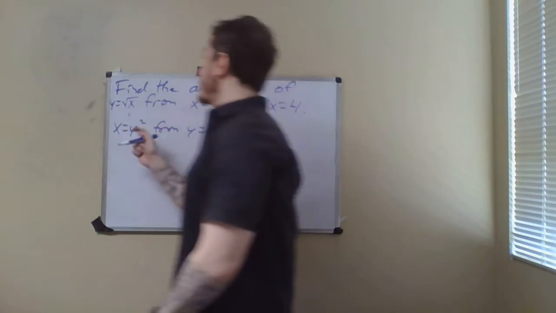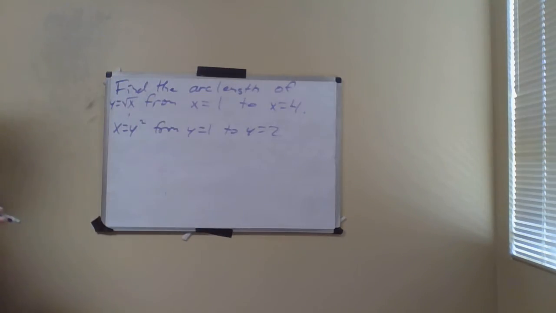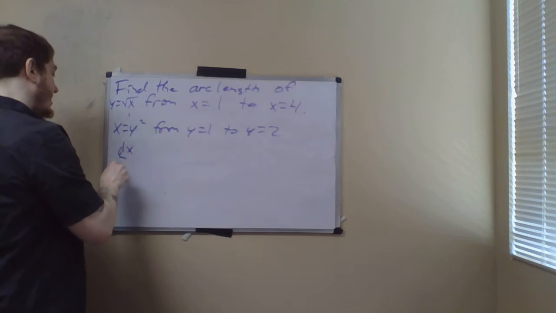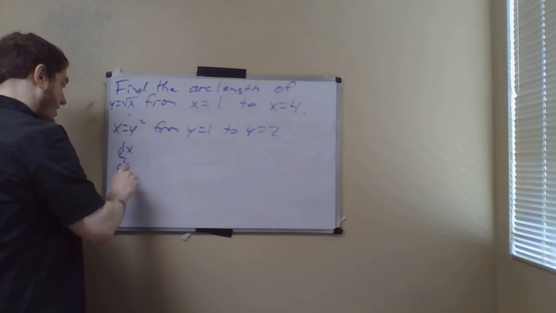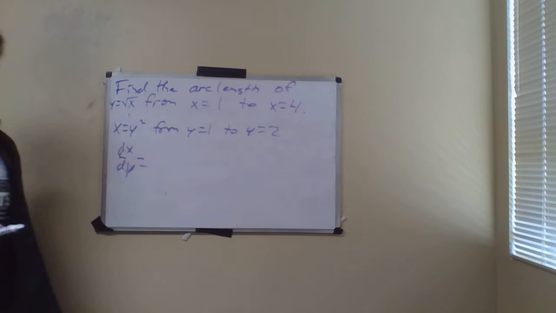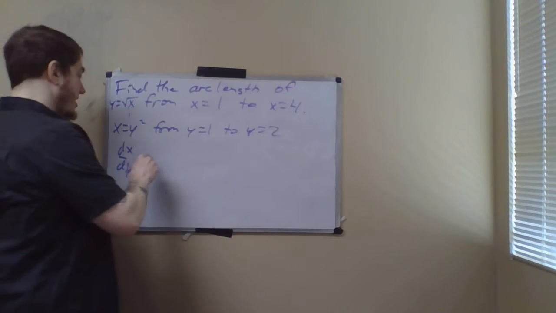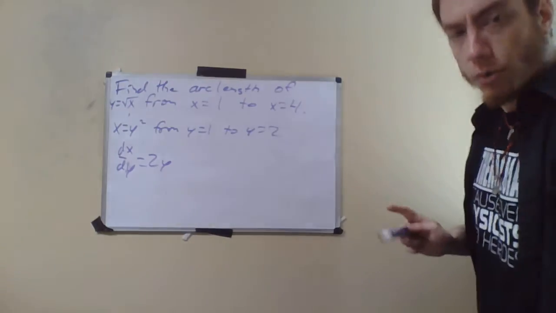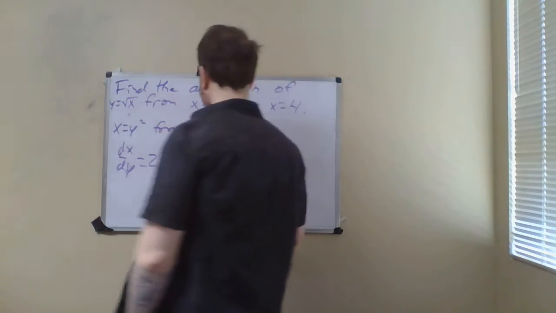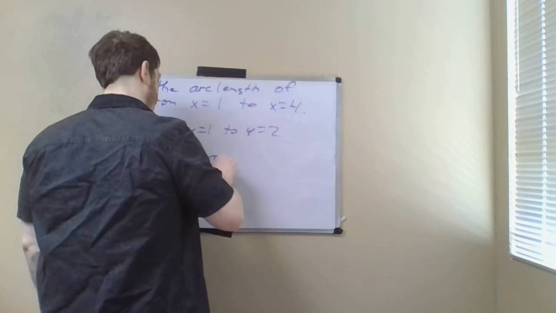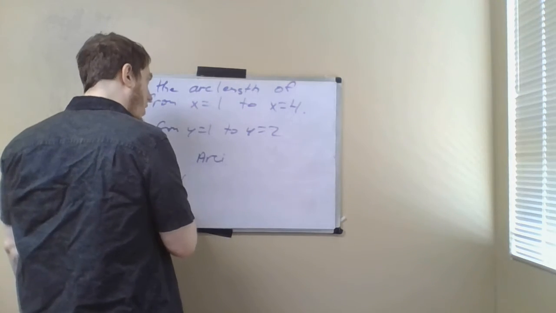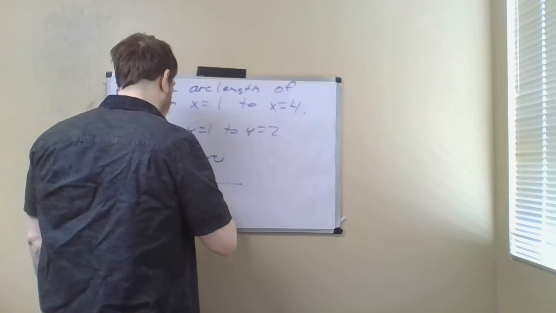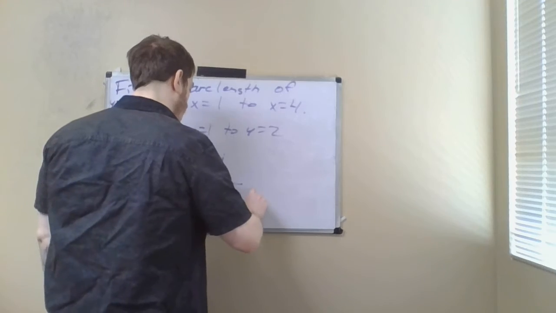Why do I think this is going to be a slightly easier way? Well, let's see what we end up with when we write this down. If I write dx by dy, that's the derivative of y squared, so there is a y, like I meant to write. What is this going to come out to be? Well, this is going to be 2 times y. Okay, that's nice. But what does that give me with my arc length? I'm going to get the integral from y equals 1 up to 2, square root of 2y squared plus 1